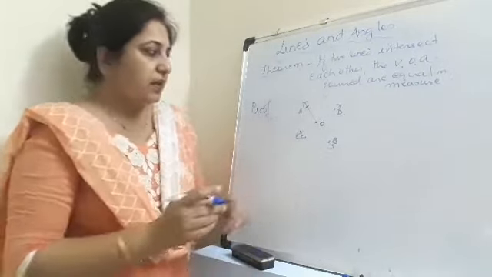Then angle BOC plus angle BOD equals 180 degree, again a linear pair, equation number 2. So I repeat, AOC, that is this angle, and BOC, that is this angle, form a linear pair, and therefore the sum of the angles is equal to 180 degree. Then coming to this side, angle BOC and angle BOD, the sum of these two angles is also equal to 180 degree, which forms a linear pair.